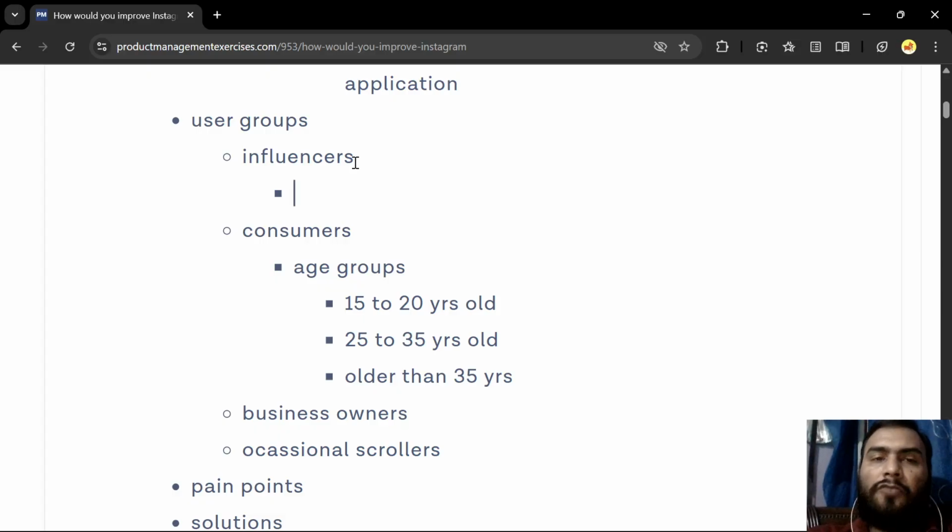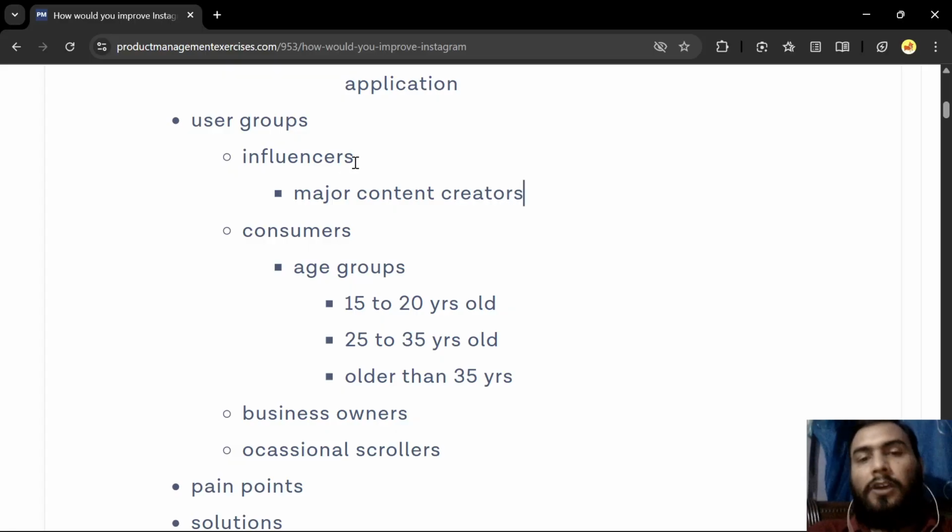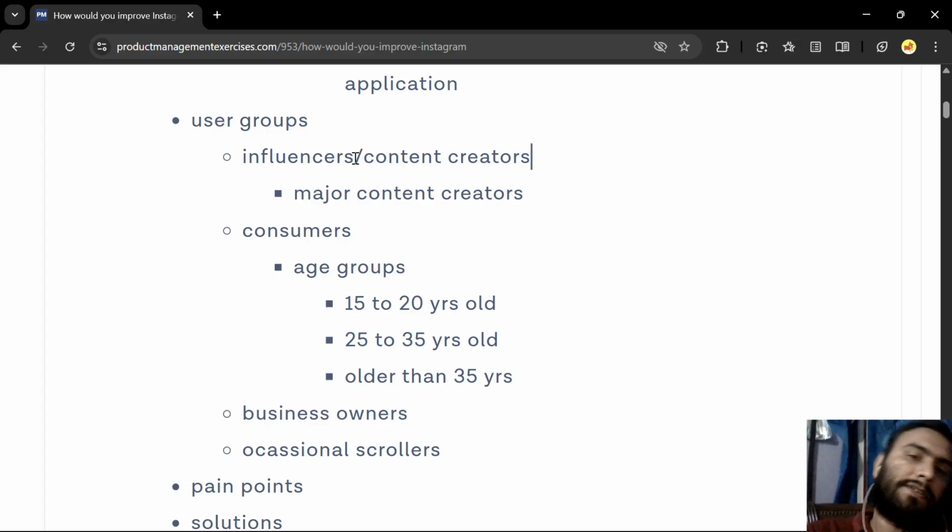So influencers could be of any industry type, but they are a big user group who have the main power or are the major contributors to the content on Instagram. Let's say they are the major content creators. So they can also be named content creators.